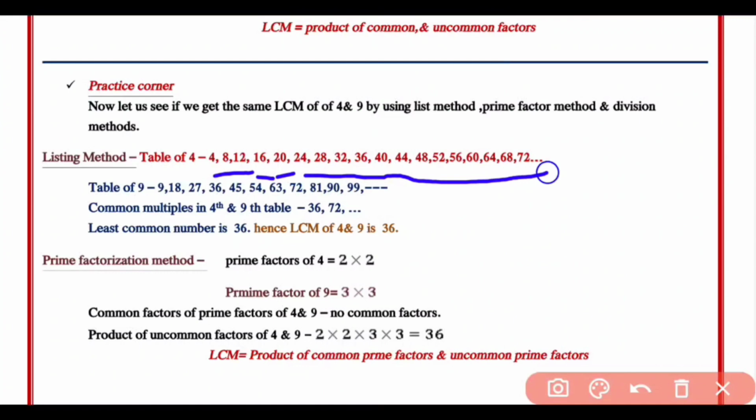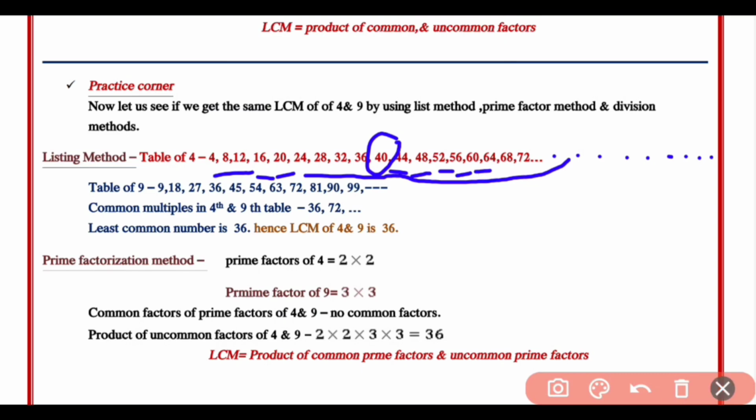In this way the table is written, and the table goes on and on. There is no end to the table. It is not necessary that the table ends at 4 10s are 40. You can write 4 11s are 44, 4 12s are 48, 4 13s are 52, 4 14s are 56, 4 15s are 60. This way the table continues. There is no end to the table. But in SCF, in the listing method, there is an end.